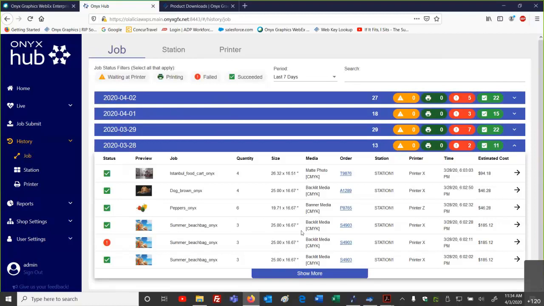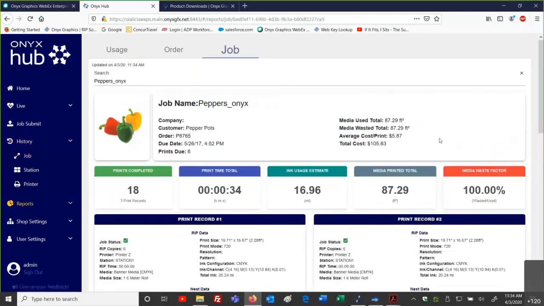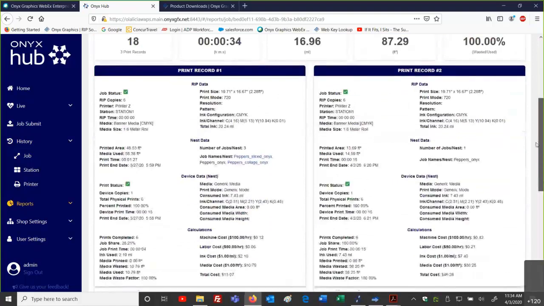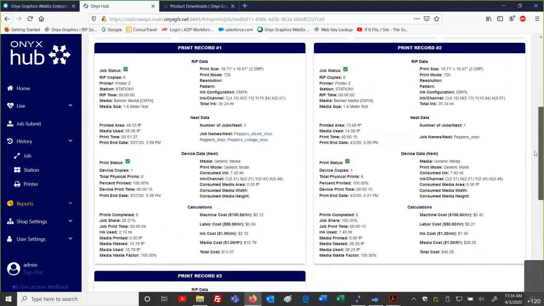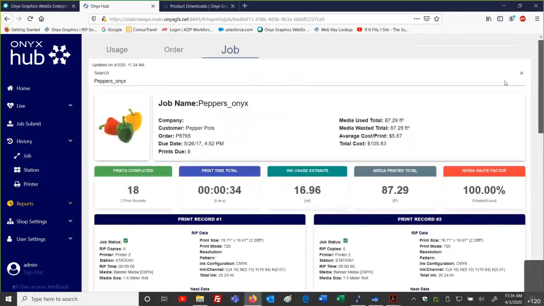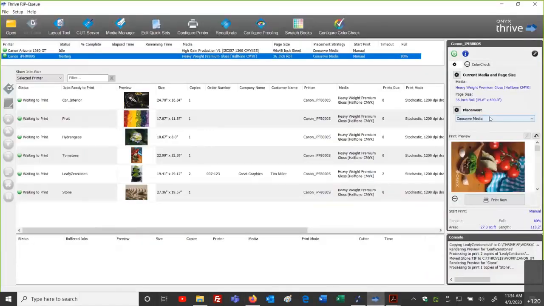On an individual job basis, we can see that information if we look at that data per unit. So let me go over here, more details. Again, this is the average cost per print and total cost, but this information was also nested. So there could be some specifics and disciplines with how we go about planning our jobs when we go to nest our jobs and send our jobs. Maybe this is going to call upon reconsidering some of our nesting strategies.